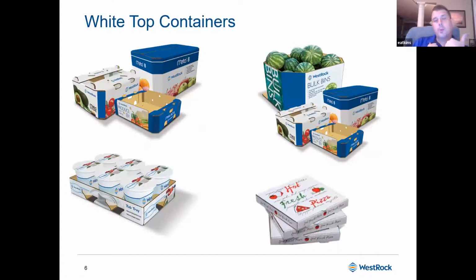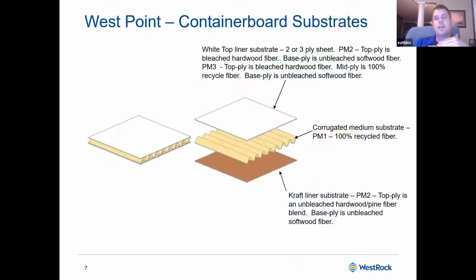So we'll talk a little bit about white top and what that is. Basically, white top is a 2 or 3 ply sheet that has a base ply of kraft liner and a white top of hard bleached hardwood fiber on top. And we're going to take just a few seconds to go over how that container substrate, when you get a